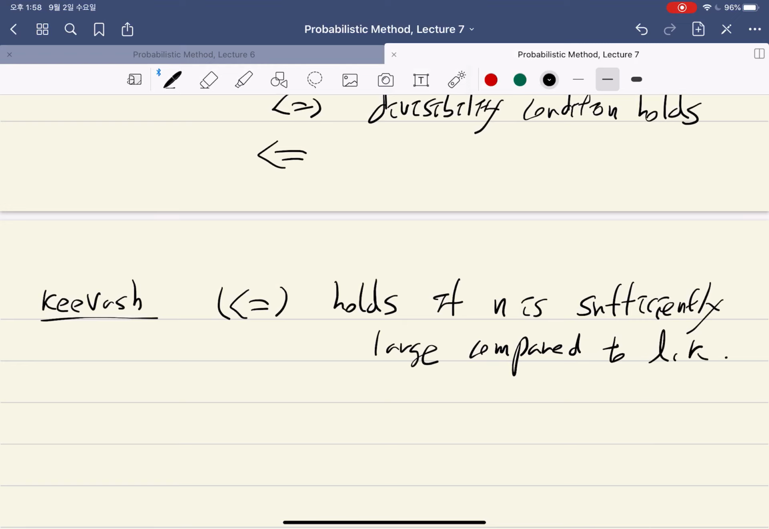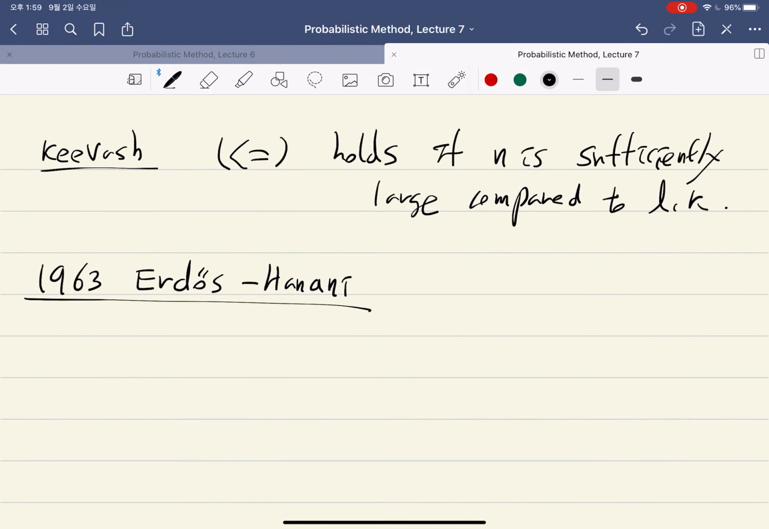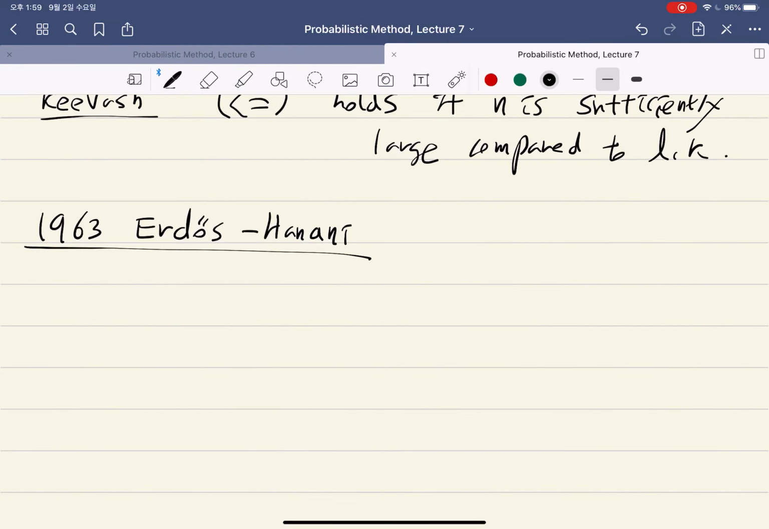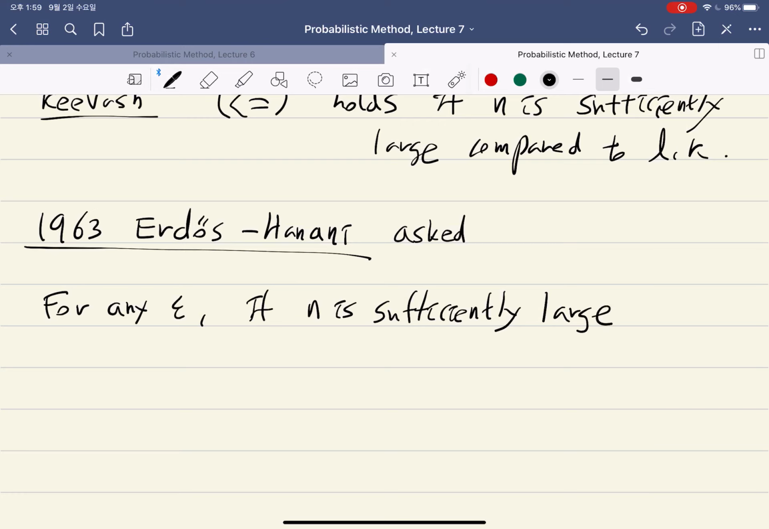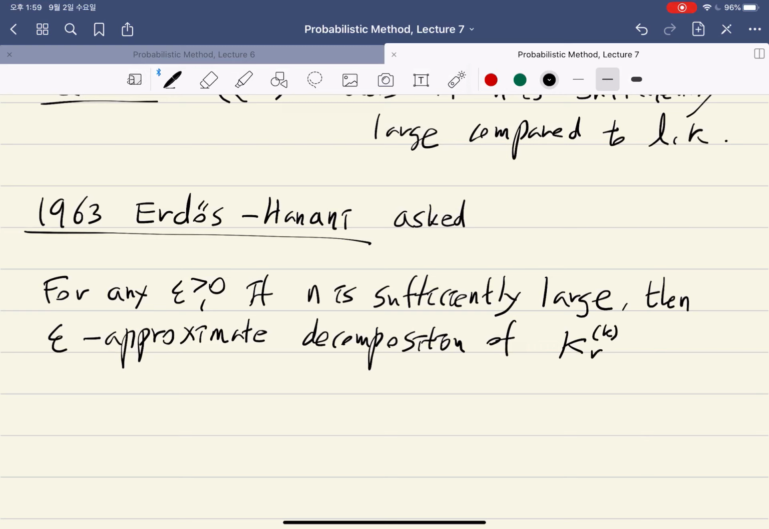Compared to LK. However, before Kibash proved this, in 1963, Erdős and Hanani conjectured that the approximate version of this holds, meaning that for any epsilon, if n is sufficiently large, then there is an epsilon approximate decomposition of this k-uniform complete graph on n vertices into